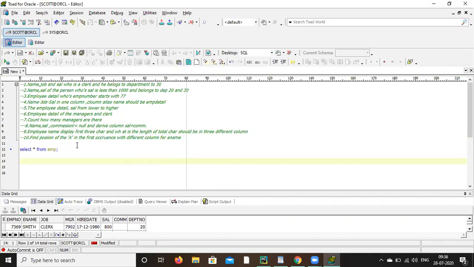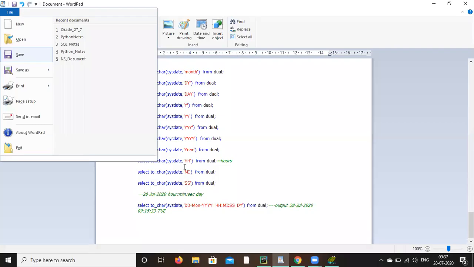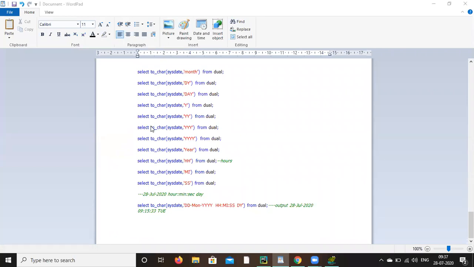assignments. Does anyone have any doubt in understanding these assignments? Please ask me. You understood the requirement. Whichever question you are not understanding, please ask me so that I can explain it and you are able to do it. Okay, so just do it. If anything, you can let me know.